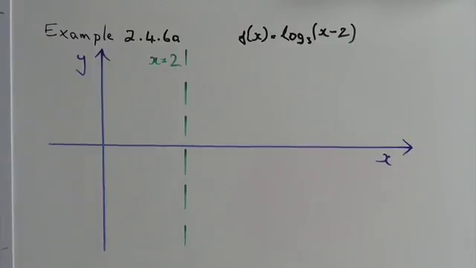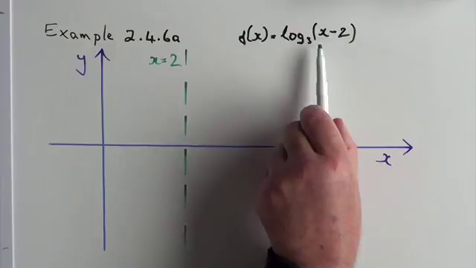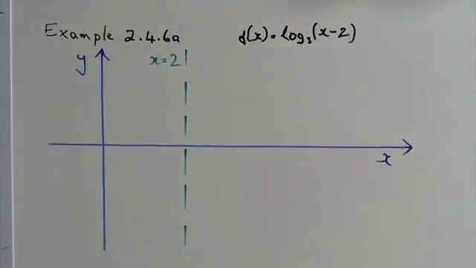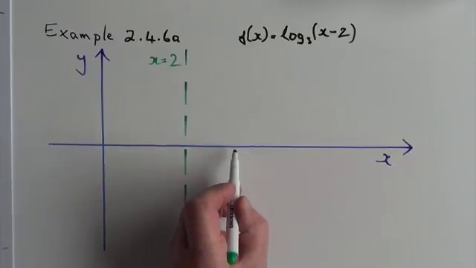Before this graph was translated, it would not have intercepted with the vertical axis at all. It has been moved 2 steps to the right, and so there is clearly going to be no intercept on the y-axis. The intercept on the x-axis will occur when we get 1 in this bracket, because log to any base of 1 is 0. The value of x that gives us this is 3, so I'm going to mark that in next as the point (3, 0)